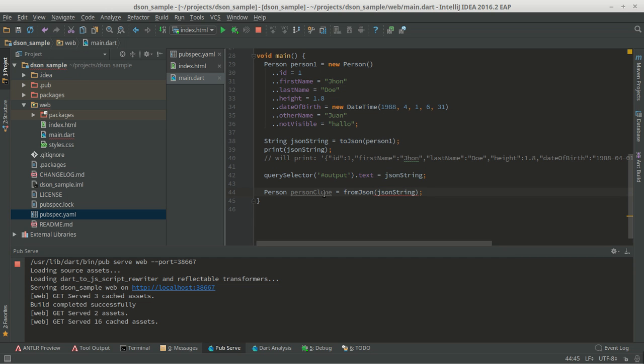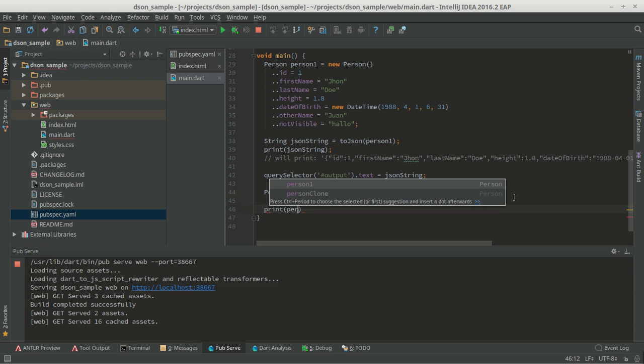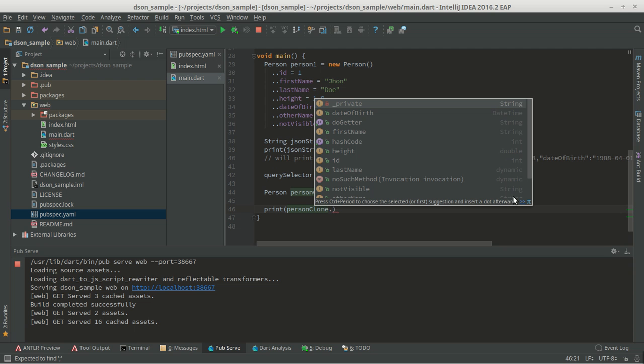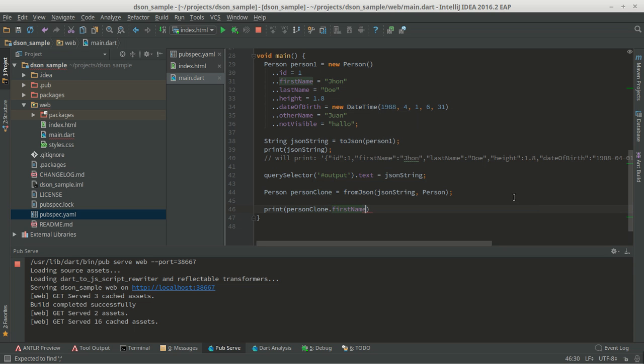and I need to pass another parameter. We can see the parameter, and the second parameter is the type. So the type is person. Later, let's say that I want to print the first name of the person clone. So I'm gonna do something similar to this one, and I'm gonna do query selector. I'm just gonna print in console person1 clone name dot first name,